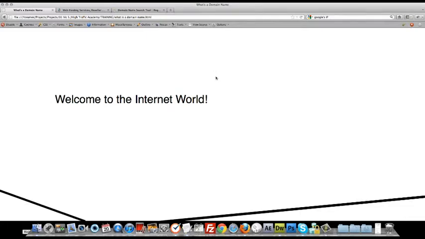So just like in the real world, when you jump into the internet world, you have got to have your own address. People have to know where your location is. So what you do is you buy yourself or register yourself a domain name.